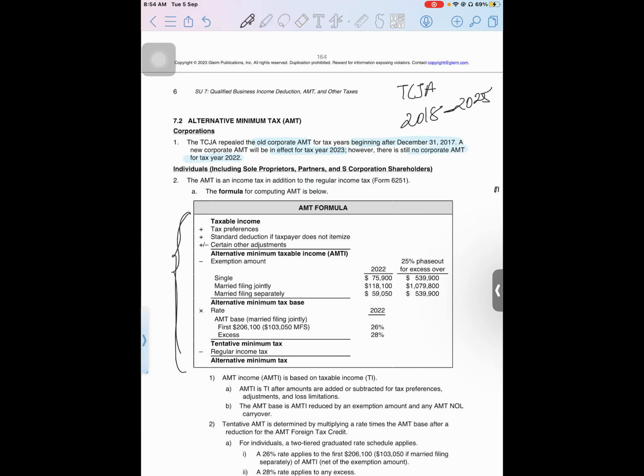So for 2022, if you are appearing in the current year, and if you're appearing in the next year, there will be some change in this AMT. Okay, so those appearing in the current window, no need to worry. But for the next window, we'll see what will be the amendment in this. Okay, so see,